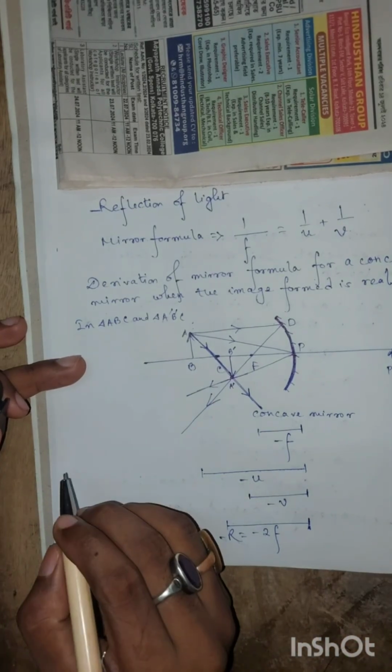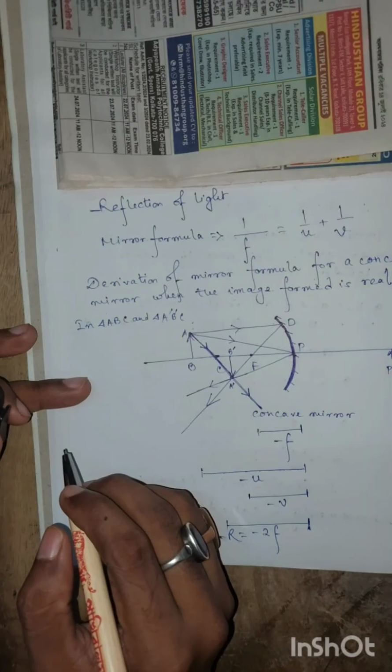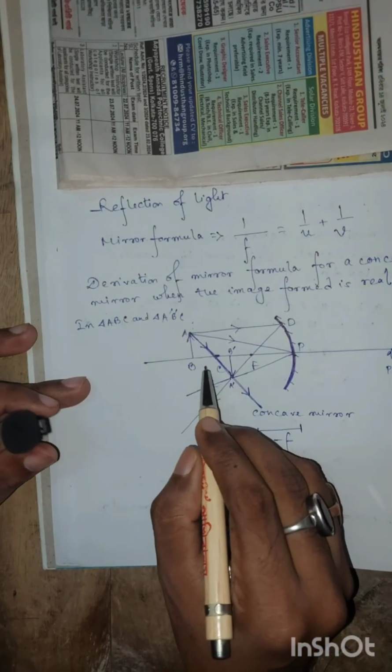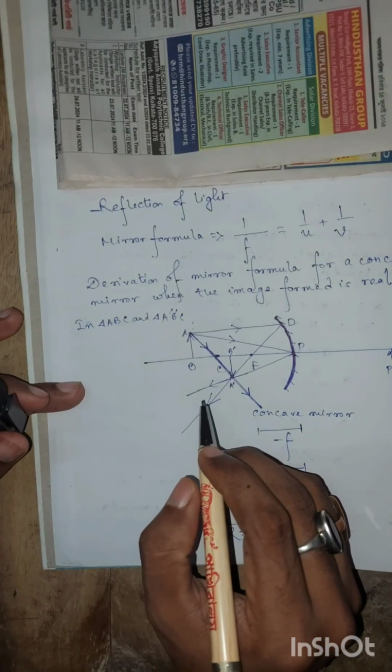In these two triangles we can say these two triangles are similar. Why? Because